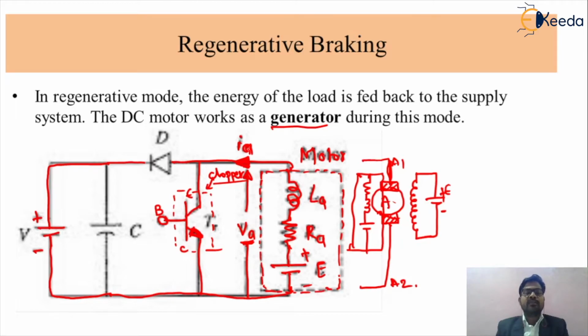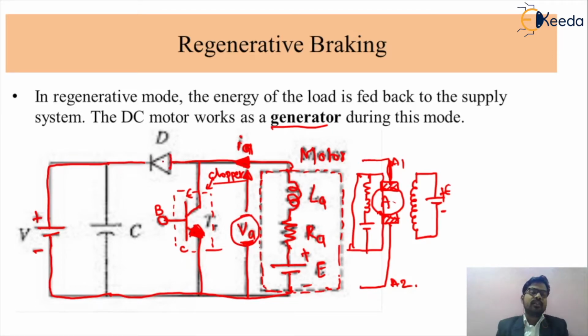So we are controlling the value of the current. If we are controlling the value of current, we are controlling the value of voltage. If we are controlling the value of voltage, we can control the speed of your DC separately excited motor. So this is called the chopper circuit. By the switching of that particular chopper, by changing the duty ratio of the chopper, we can control the output voltage across the chopper.